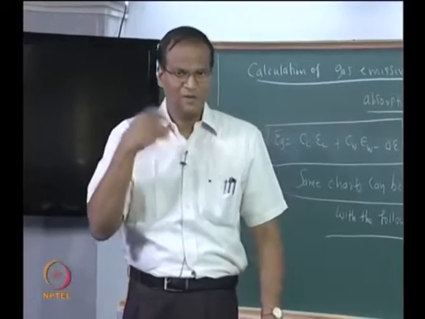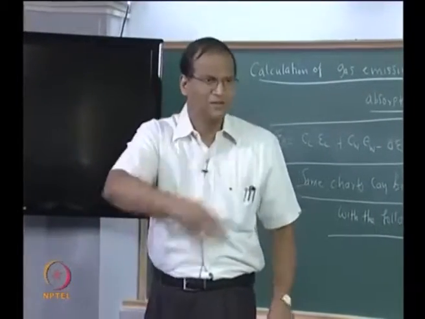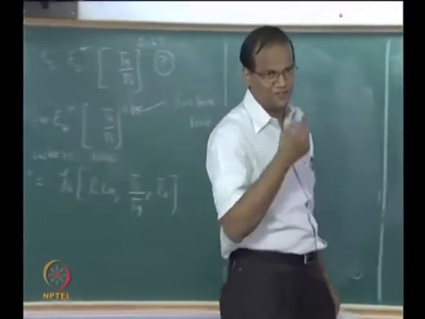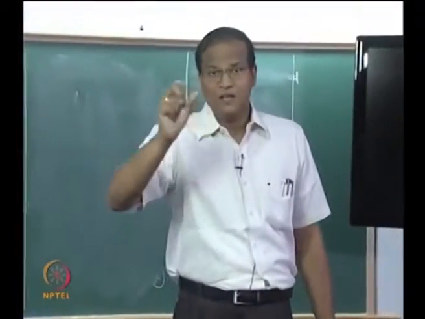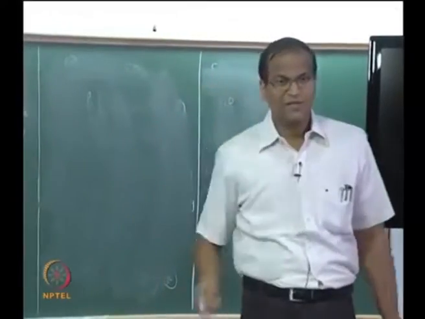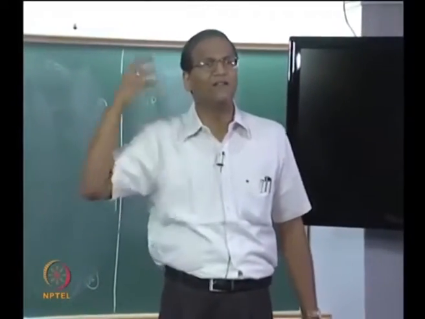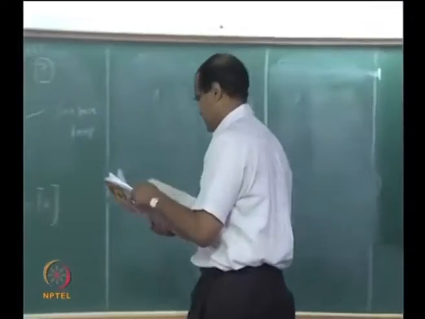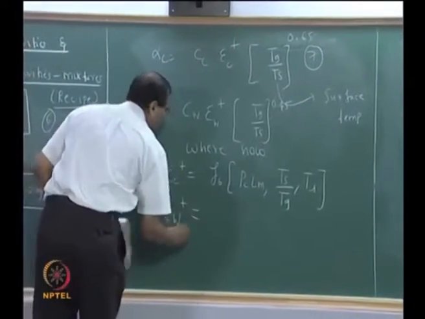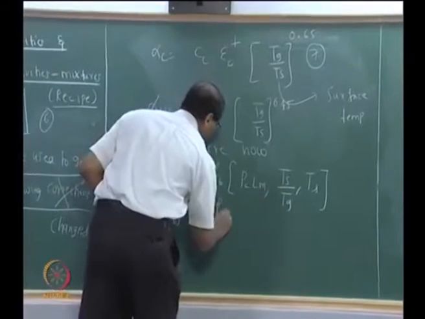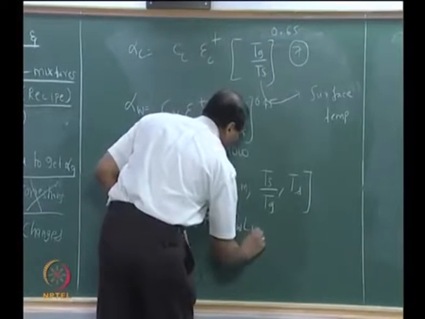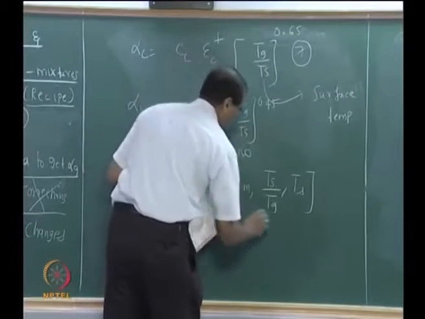In an IC engine, for example, the cylinder walls are at one temperature and the gas is at one temperature. What is the radiation heat transfer which can be used, and this value will be used in your CFD simulation. This will come as QR, the radiative heat flux in your calculation. Okay, so epsilon. Note this down very carefully.